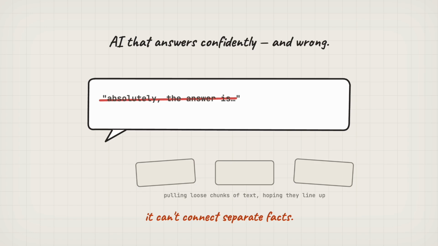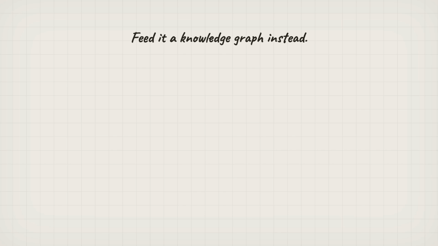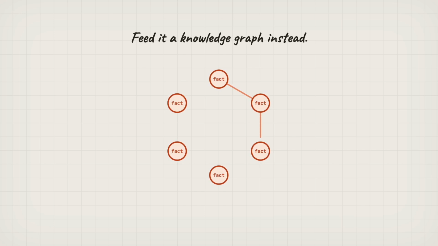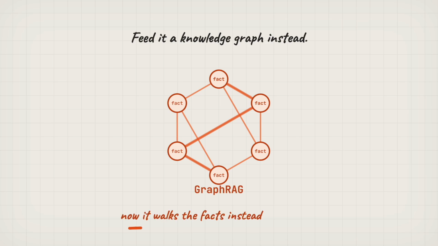That's because it's pulling loose chunks of text and hoping they line up. So people started feeding the AI a knowledge graph instead. That's just a graph where the nodes are facts and the edges are how those facts relate. Now the AI can actually walk the connections between facts instead of guessing. This approach has a name, GraphRAG, and it's become the go-to way to plug real connected knowledge into an AI